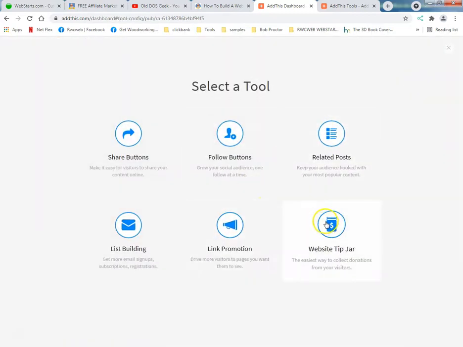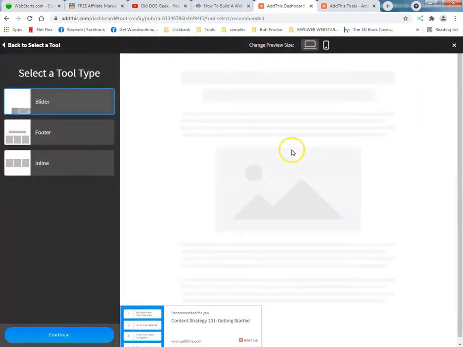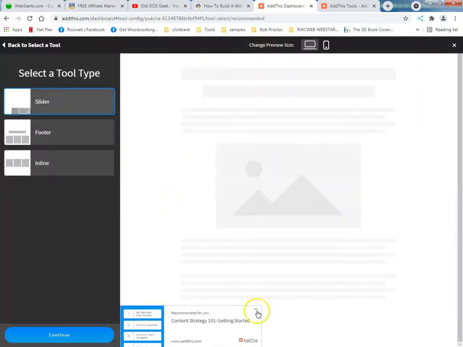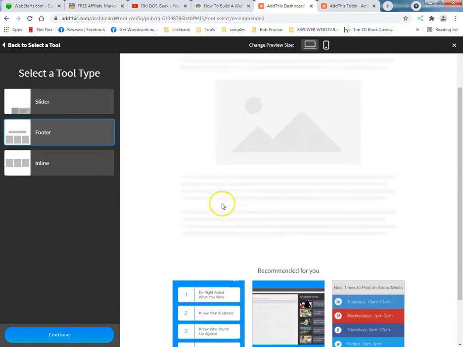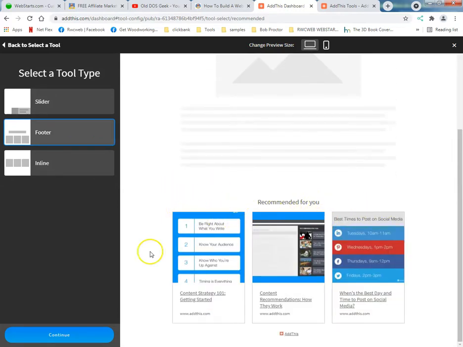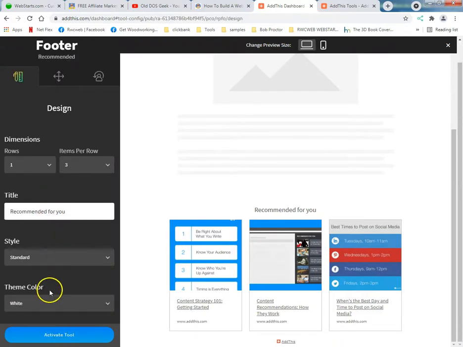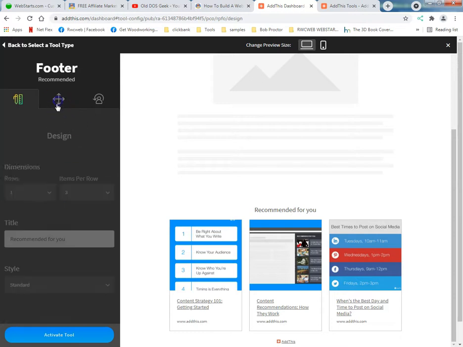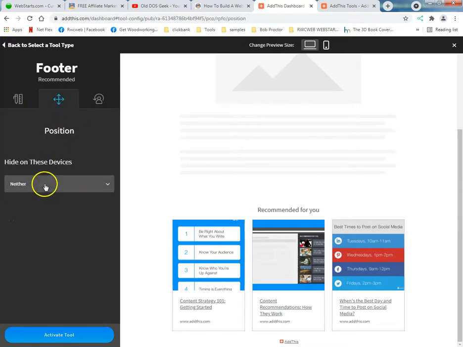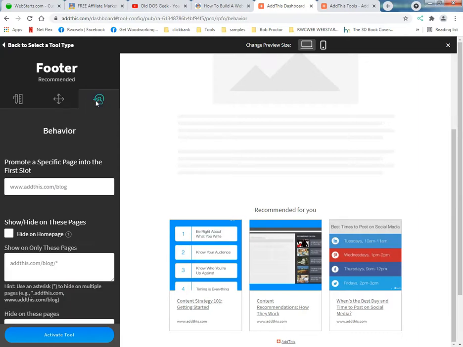Unbelievable stuff. Now, related posts, you got a blog going on. It'll show you, recommended for you. Let's see how this goes. Do the rows and everything. The target. Hide these devices. You don't want to hide any devices.